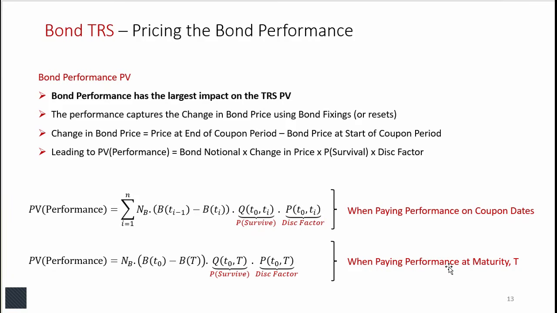And when you're paying your performance at maturity, you're just looking at the change in bond price over the entire life of your TRS. So at the start of the TRS, the end of the TRS, and then multiply by the probability of survival and the discount factor. Now, this could be very large. If you're holding a TRS for a long period of time, you may have a big movement in the bond price, and it's percent times the dollar notional of your TRS. So that could be a very large movement. That could be a very large PV, and